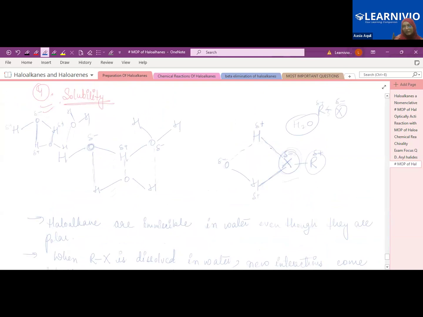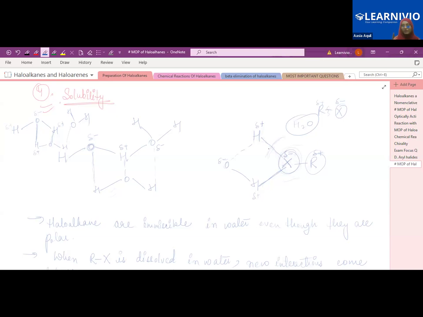So what will happen? This bond will break. Basically, this bond formation will not happen at all. This will be immiscible. They will not be properly miscible with water. This will be insoluble, due to the weaker bond formation. See, what happens when the bond is stronger? Then it will survive. If the bond is very weak, other bonds will come into play, and if they are stronger, they will break it. So that's why haloalkanes are not miscible in water, but they are miscible with other organic